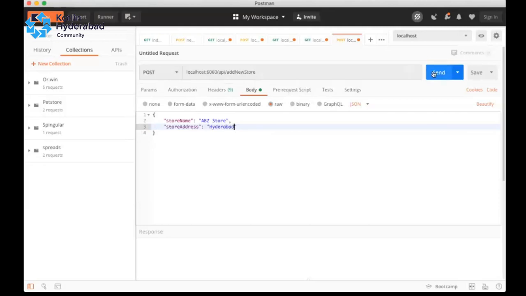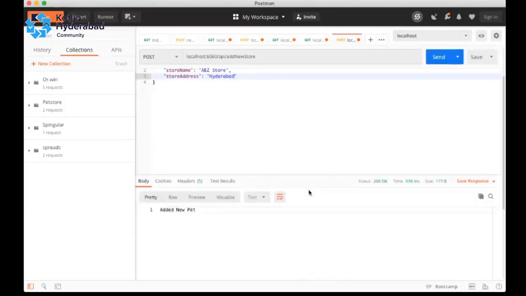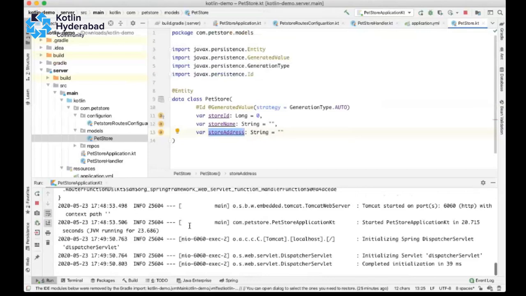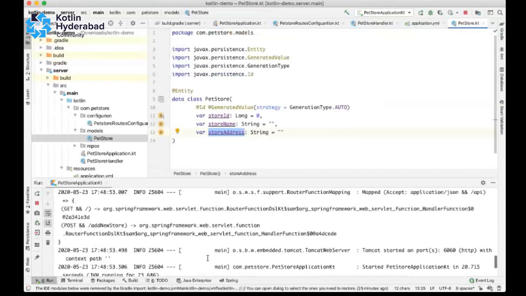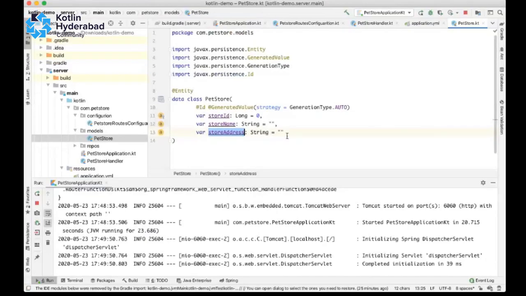I'm just firing the request. You can see it got added. We can see that in the H2 console, just a minute while I open the H2 console.